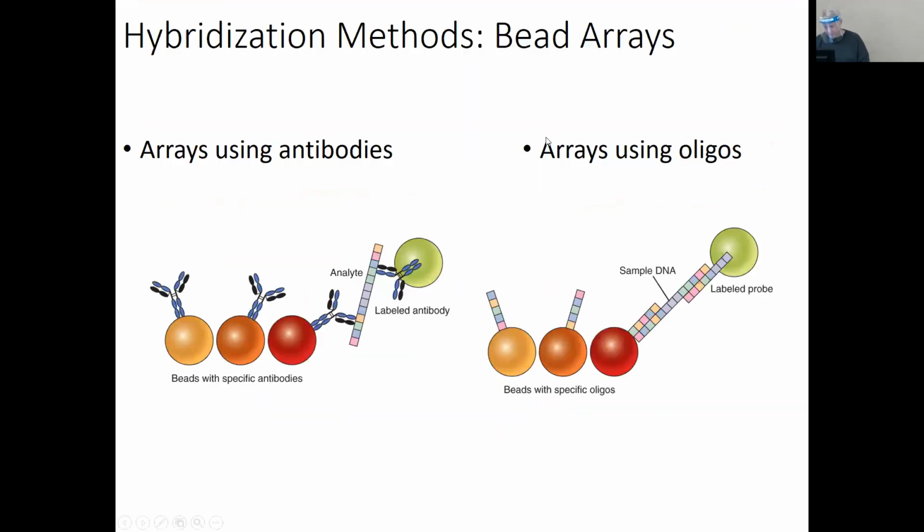Oh, here we are. If you're using the antibody, the beads have specific antibodies to the actual DNA of what you're looking for. So it will attach. And when it attaches, it has a labeled antibody that attaches and it shows up. So you see it. Arrays with oligonucleotides: here, you just have a specific oligonucleotide. It sees the sample DNA and attaches to its complementary strand. So once that attachment happens, then you see the amplification, or the signal is detected.